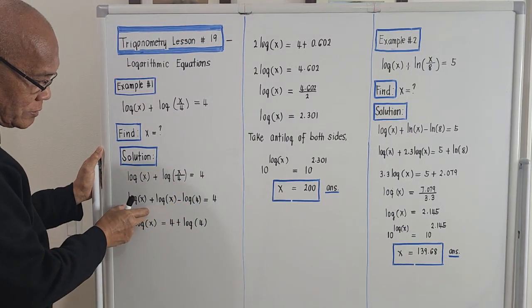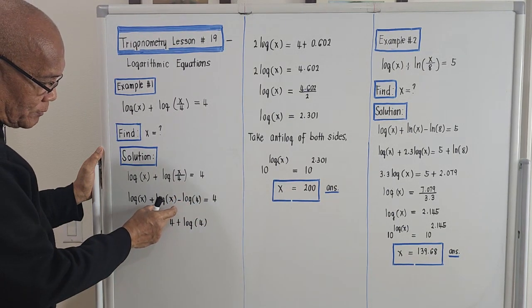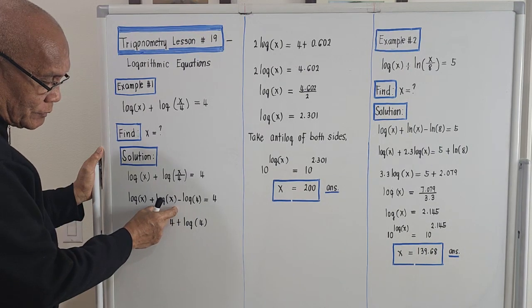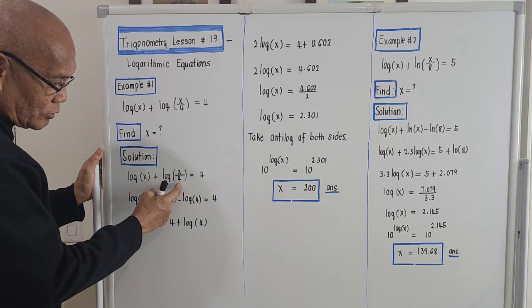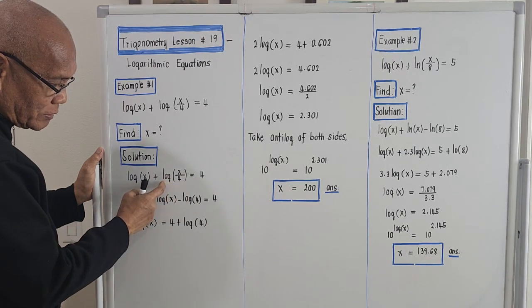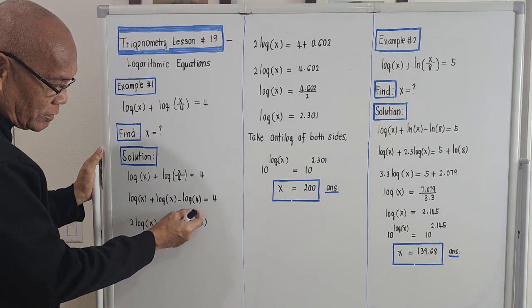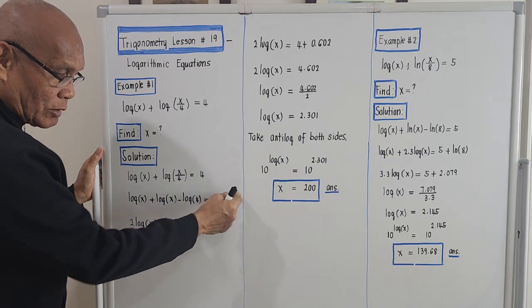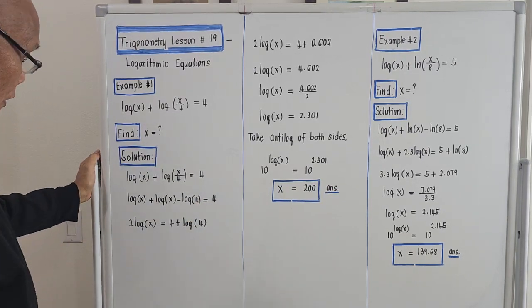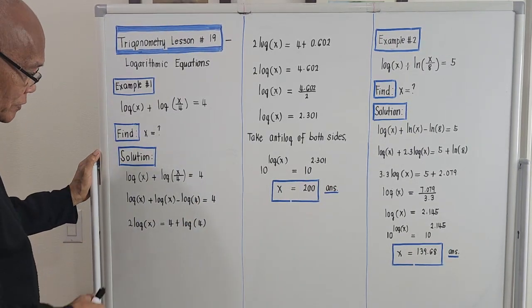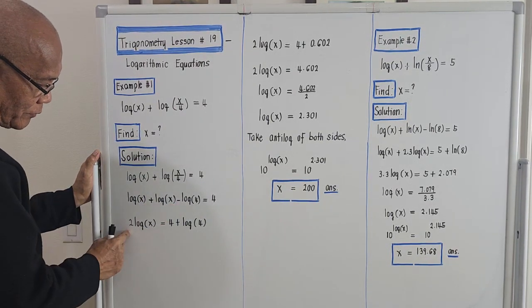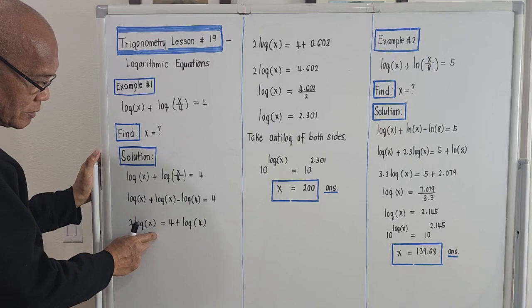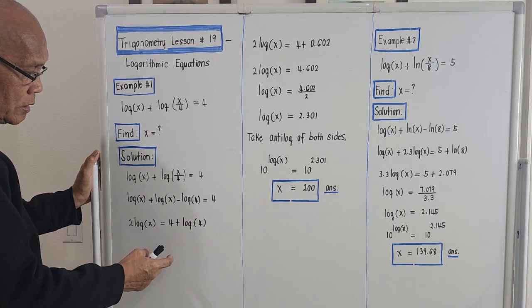So log of x plus log of x, the logarithm of the numerator, the denominator is 4. This is under one logarithm sign, so this is minus the logarithm of 4, and this should be equal to 4. Combining similar terms, this is 1 log of x plus 1 log of x, that will be twice log of x, and this should be equal to